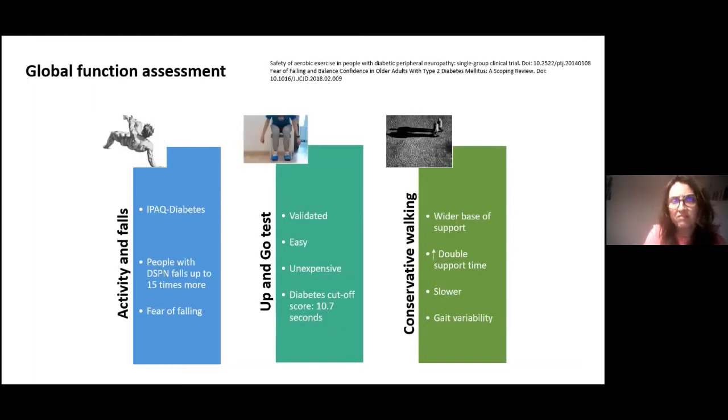About global function assessment, it is important to know how much physical activity our patients do, and it is possible to measure it through the questionnaire EPAC diabetes. It is also crucial to know how do they perform that activity, because people with distal symmetric polyneuropathy pulse up to 15 times more than healthy people. Moreover, after 1 year follow-up,